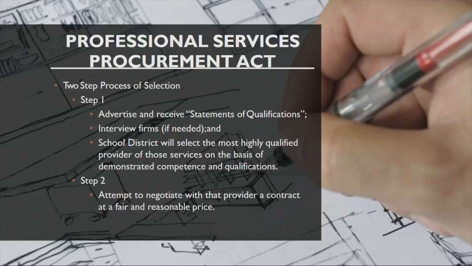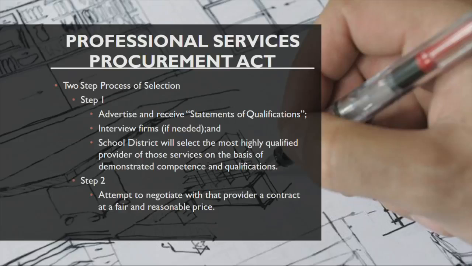So now let's take a step back to the Professional Services Procurement Act. If you go with options 1 or 3, which is the low bid or the CMAR, then the school board is going to have to choose an architect and an engineer. And even with a design build, you need to select an inspector and a materials testing expert. So no matter what process the school board goes for, we're gonna have to follow this process. And you're familiar with this process.